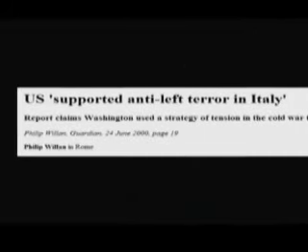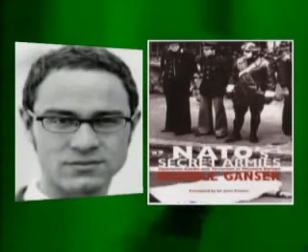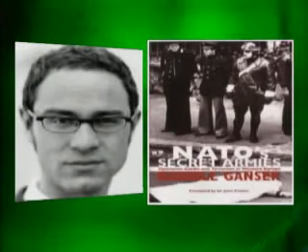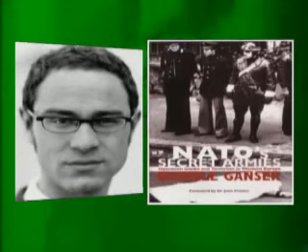It's now been documented beyond a doubt, based on historical records, that the CIA and MI6 teamed up with very, very secretive parallel elements of European intelligence services and orchestrated terrorist attacks to mobilize the public against the left, against the communists, and so on and so forth. And this would be really shocking to people if they knew that this is what happened. And this is what happened, there's no doubt about it. I mean, the best book on it is Daniele Ganser's book, NATO's Secret Armies. This is serious academic stuff.